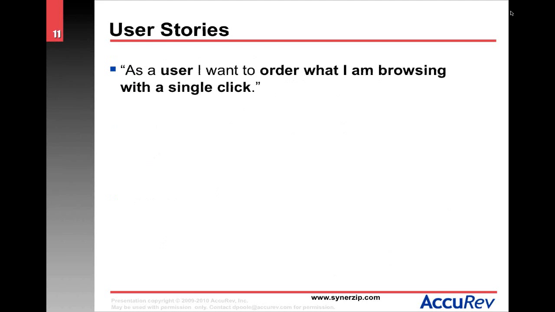Right? As a user, I want to order what I am browsing on a website. This is what I wish I had. It may be that you're providing software to a third party, and because your expertise is creating websites for e-commerce, that's what they want. They say, I want that Amazon thing, but it's for my business selling candles online, or whatever it